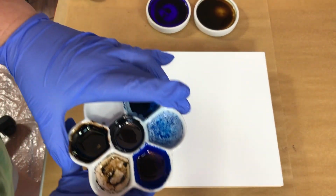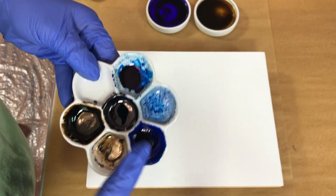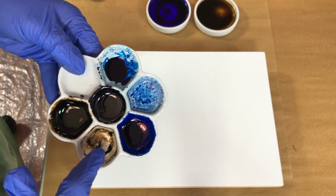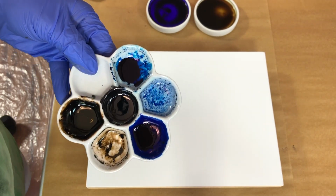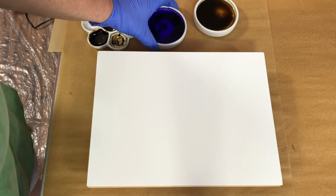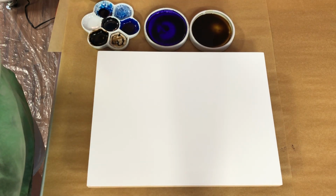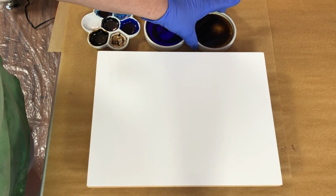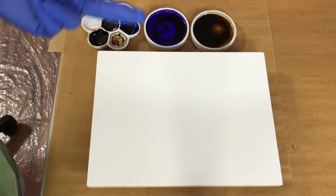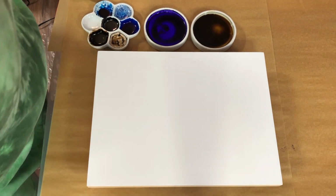I've already got some of the Alumilite colors in here. So this is a blue, an ocean, a black and a brown. And then I've got some areas here where I can dilute both of those if I want to. And then I've got some extra punch of color here with a blue violet from Pinata and, what is this, espresso, I believe? Yeah, from Ranger, that I'm gonna incorporate into there just because I want to play with the colors. Do I really need a reason? Nope, I don't think so. Anyway,